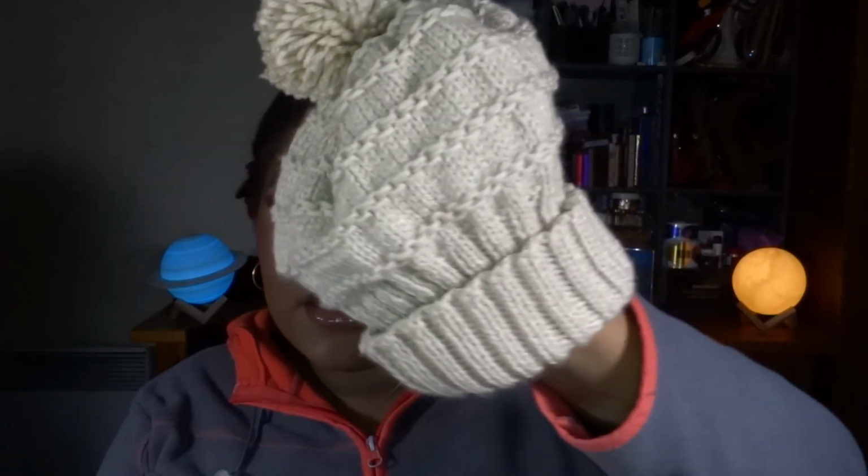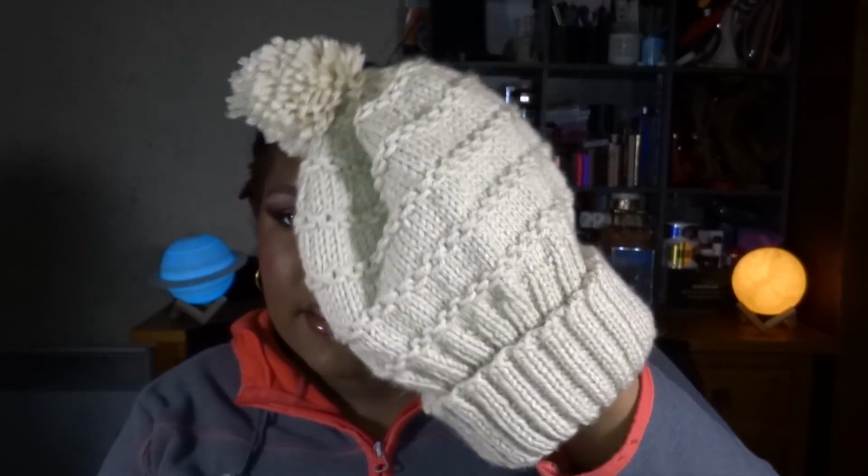Then last time I showed you this beanie, but I did not count it. I just wanted to show you that it was done. This was a French pattern from Lena, and I really like it. I had to fudge it a little bit because I did not have the same gauge as her at all. She was using 6.5 millimeter needles. I was using 5, maybe even 4.5 for the beanie. So yeah, I had to do some math, but I also